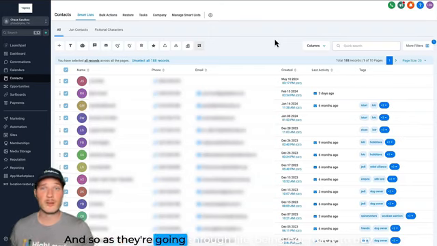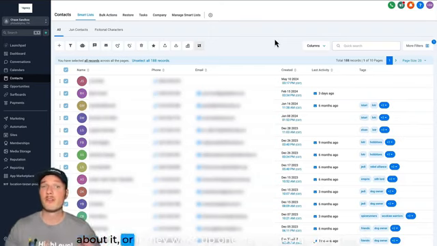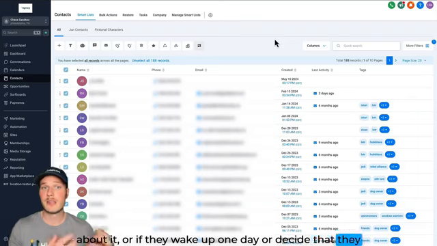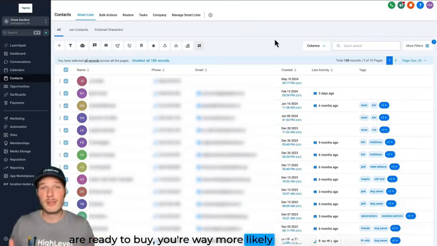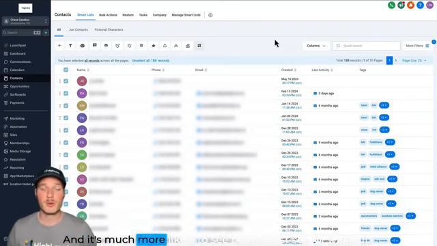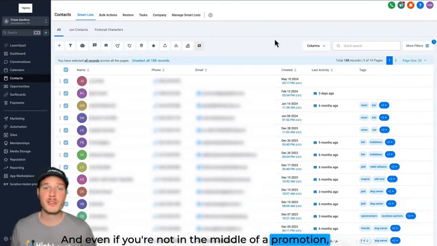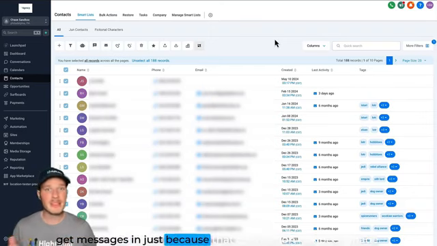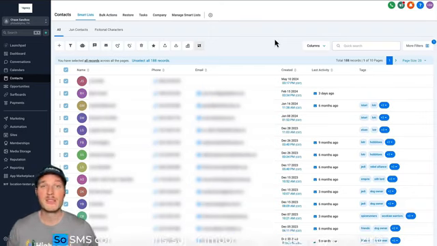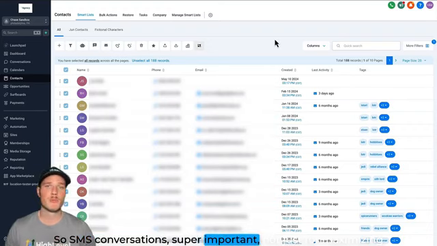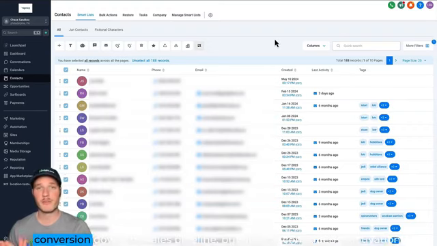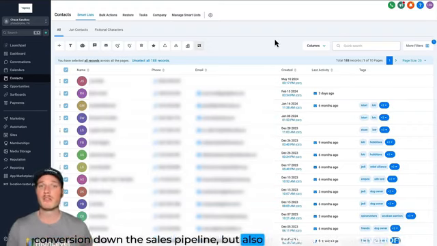And so as they're going through life not ready to buy, when they get to the point where they're thinking more about it, or if they wake up one day and decide that they are ready to buy, you're way more likely to be top of mind. And it's much more likely to see people just sort of wake up. And even if you're not in the middle of a promotion, you may get messages in just because that connection has been made. So SMS conversations are super important, not just for maximizing conversion down the sales pipeline, but also for